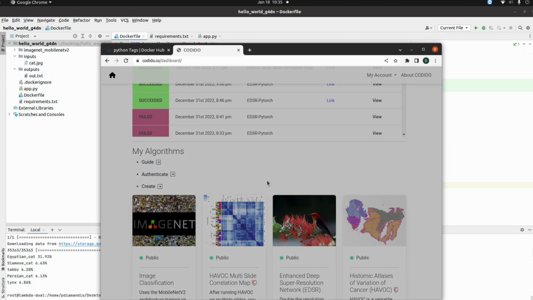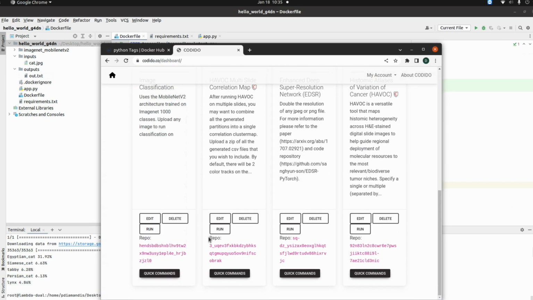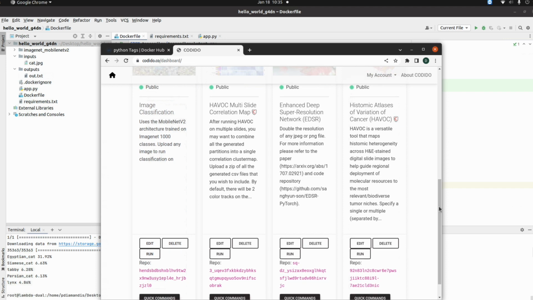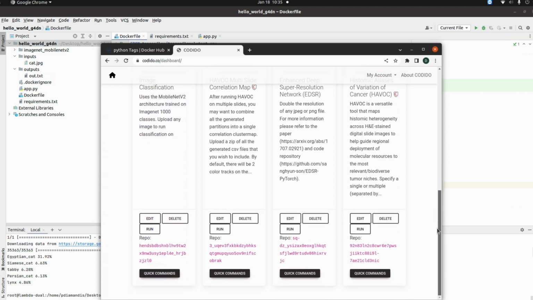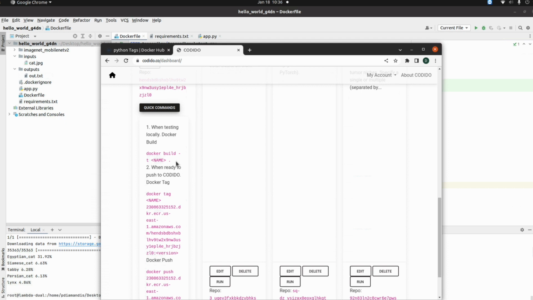And then you have the create for creating the actual repo. So you can create the repo, refresh the page, and then you basically will have one of these cards pop up on your dashboard. You can change the name, change the description, whatever you want to do. So if we just open up the quick commands, we can see that here, when we were testing locally, we were already building the Docker image,